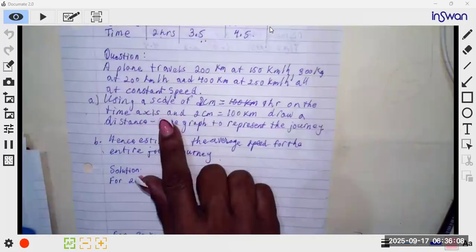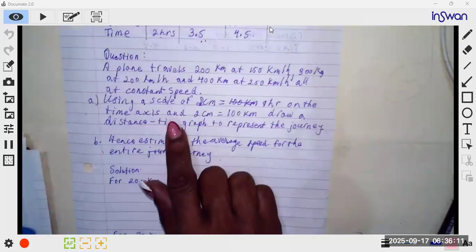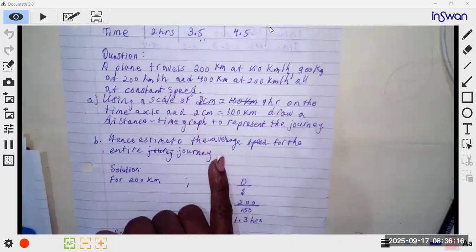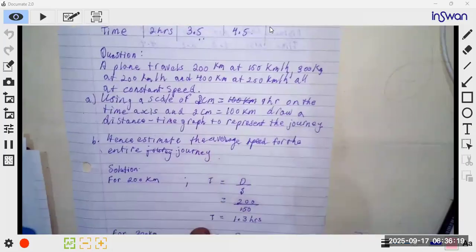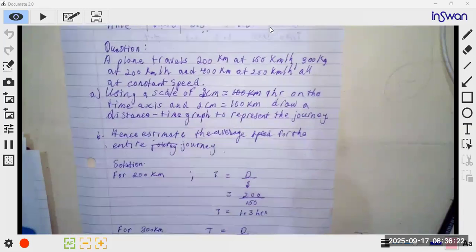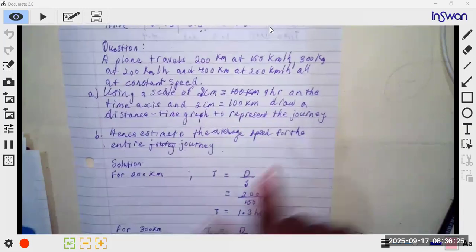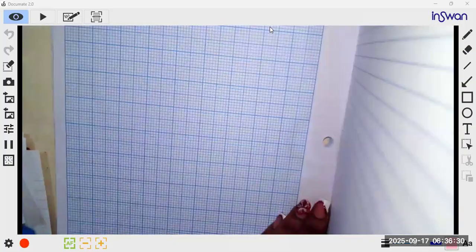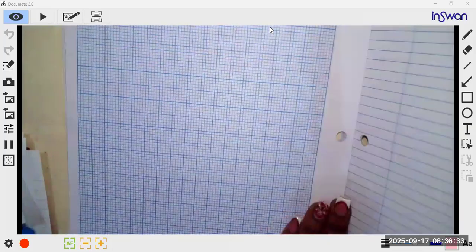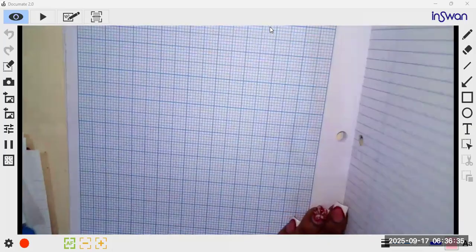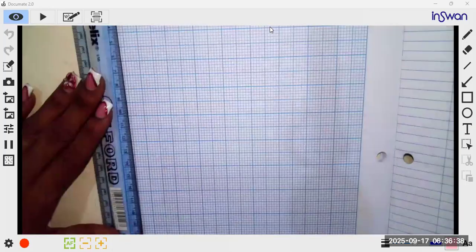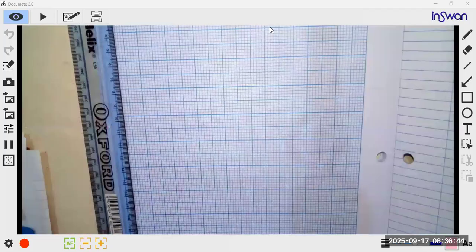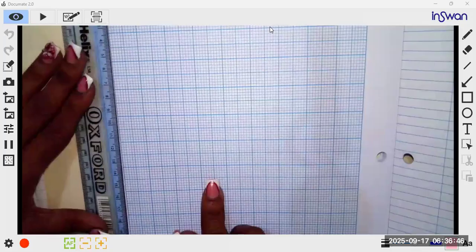Using a scale of 2 cm is equal to 1 hour on the time axis and 2 cm to represent 100 kilometers, draw a distance line graph. So our distance line graph will be 2 cm to represent 1 hour. That is on the x-axis. So we're going to do that there. So 2 cm to represent